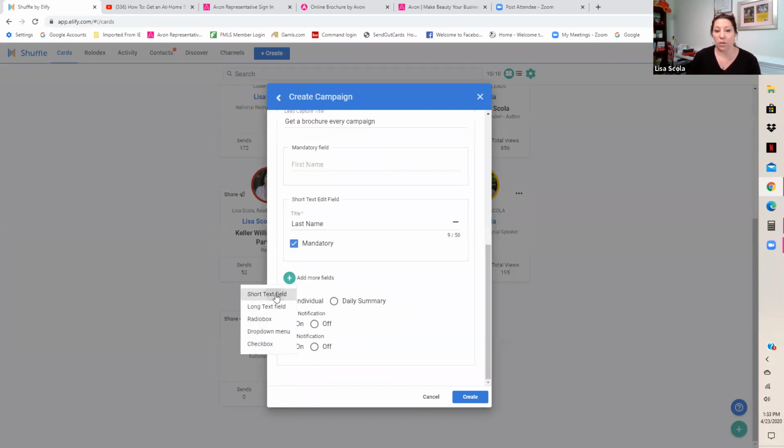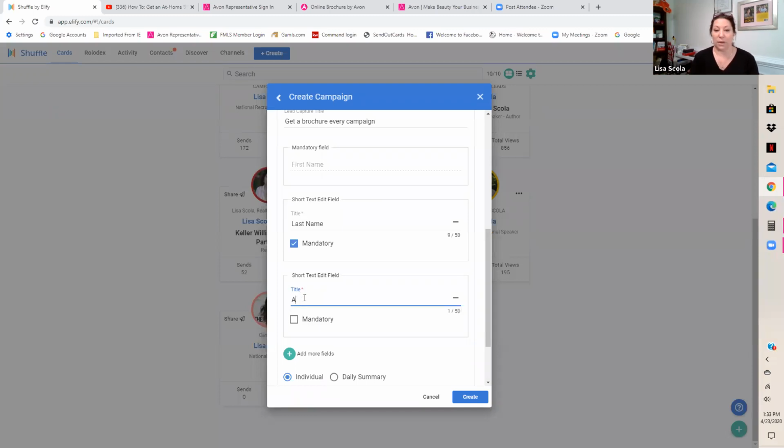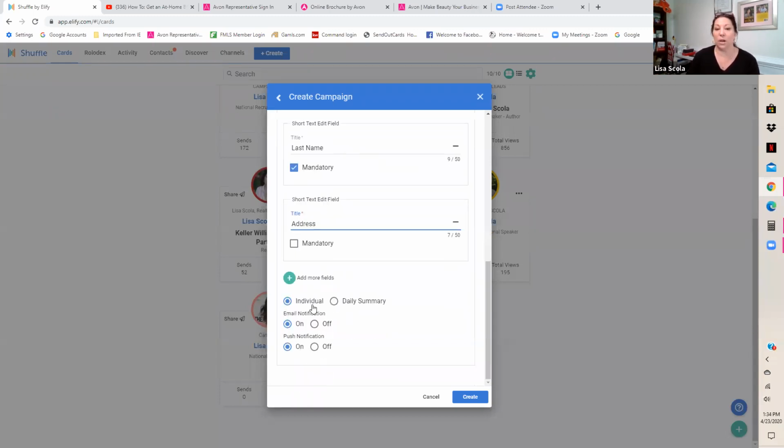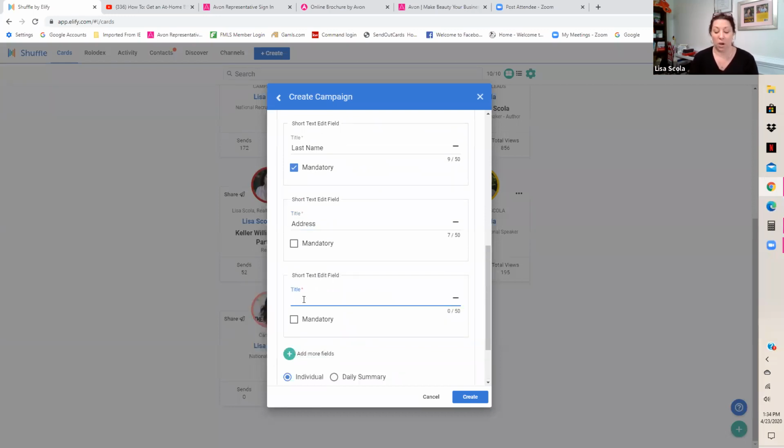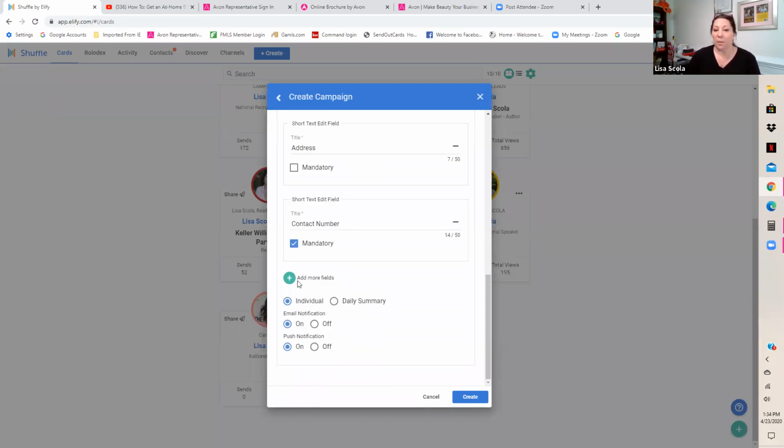Then you can put a short text field and you can just put address, and they'll fill their address in here. And I'm not going to click mandatory on it, but I do want to get their phone number. So I'm going to make their contact number mandatory. You can add more fields if you want. Some of the field options you have are a radio box, a drop-down menu, a checkbox. So if you want more information from them, you could do a checkbox and put,